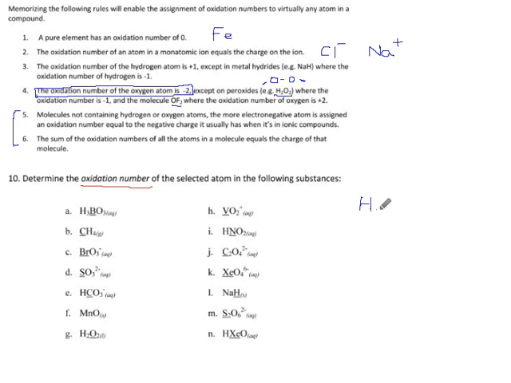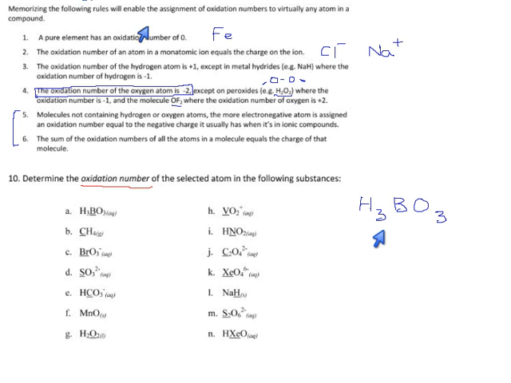H3BO3. So when you're solving one of these, the strongest rule is number one, and you try to apply that first. Once you've done that, or if it doesn't apply, you go on to rule two, rule three, and so on. And by the time you get to the end,